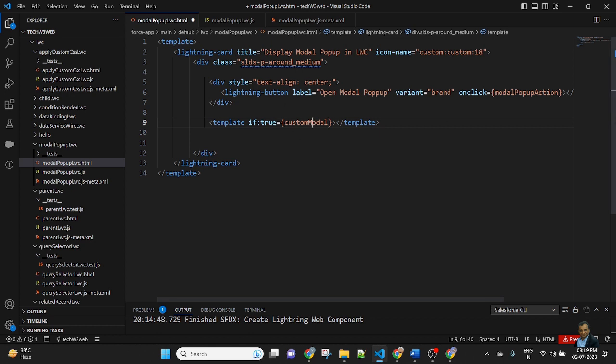It is a track variable defined in the JavaScript. When this customModel variable is true, the modal pop-up will be displayed on the screen.